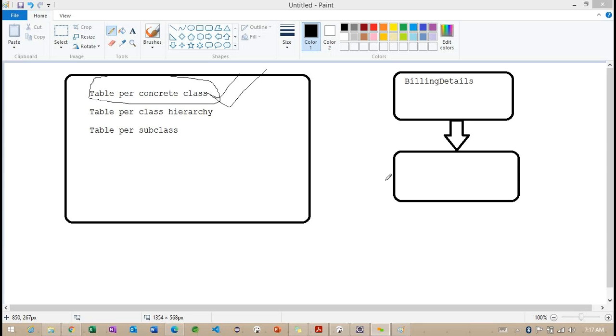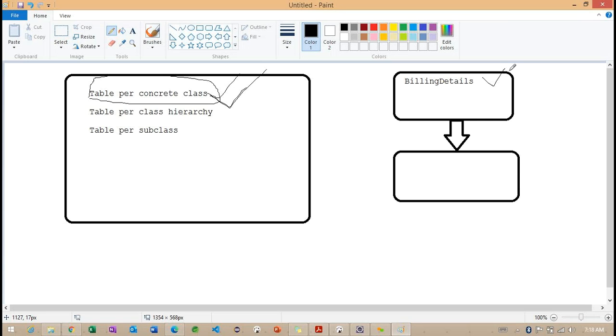Okay, so back to here. Observe carefully what we are discussing. First we are going to discuss this particular concrete class, and we are going to create one simple example. First we are going to create a billing details class. Whenever we have a parent class, the parent class plays a very important role, because sometimes it plays the primary key, sometimes it plays foreign key references, right?